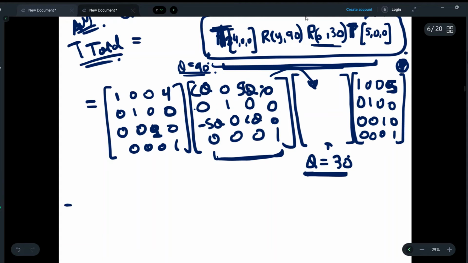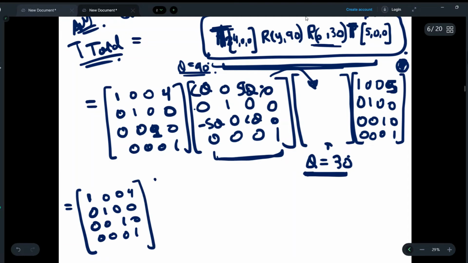Now I will put the value of theta, that is 30 and 90 for you, and you will do the multiplication part yourself. I will just give you the matrices. That is 1 0 0 4 will remain as it is. 0 0 1 0 0 0 0 1, and then we will write this part as we will put theta equal to 90. Then we will get 0 0 1 0, 0 1 0 0, minus 1 0 0 0 and 0 0